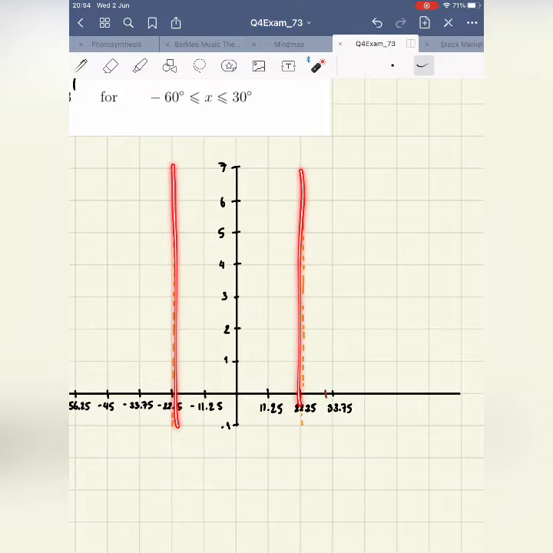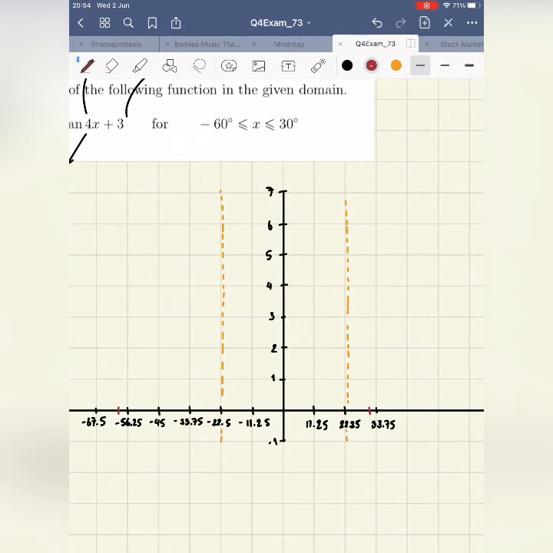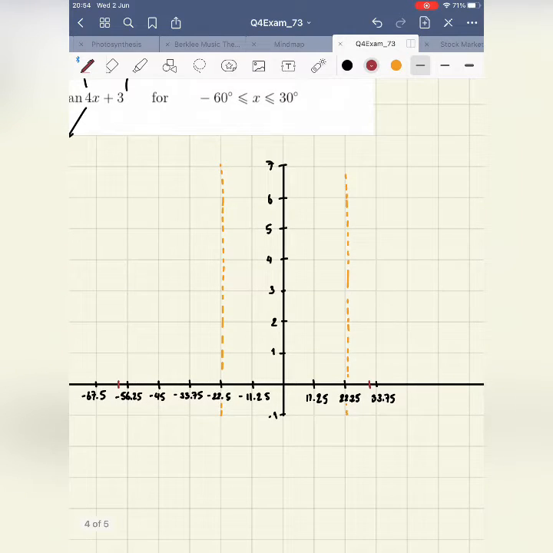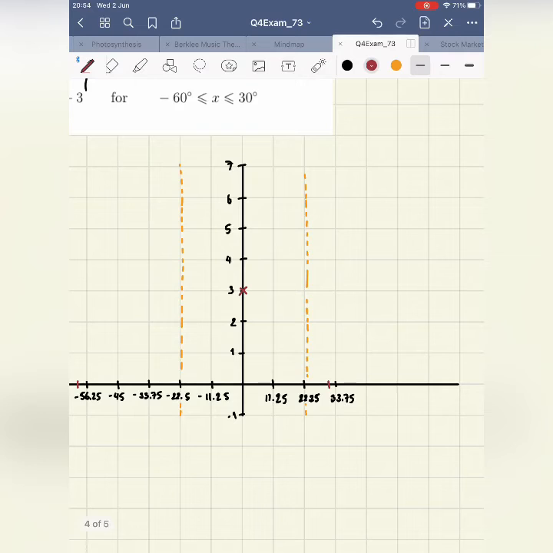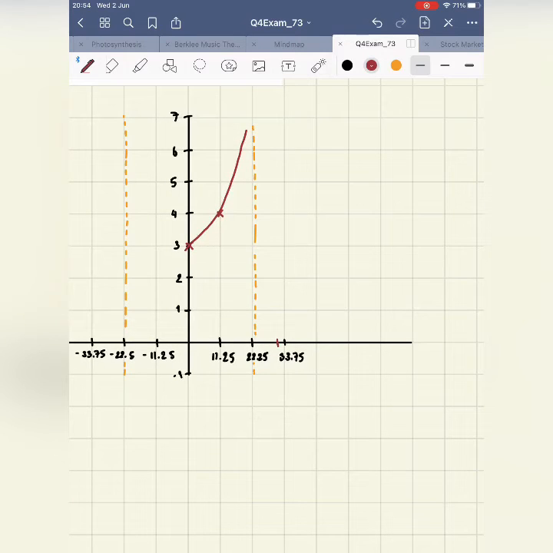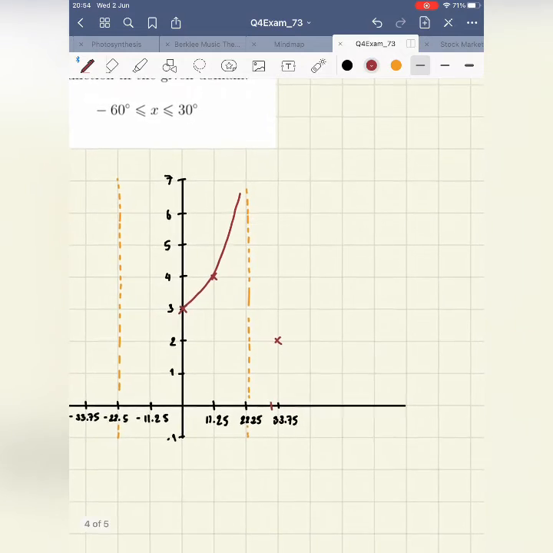Now let's draw our graph. We have to start with a 3 because 3 is our axis of the curve, so right here, and then we move up by our amplitude, so right here, and then we will approach the asymptote. Now this point right here is going to be 1 below the axis of the curve. It's 1 because 1 is the amplitude, so we are going to draw it